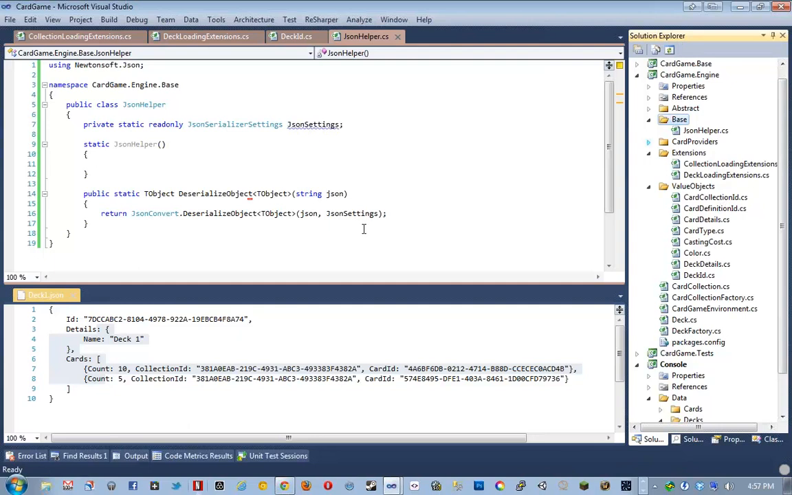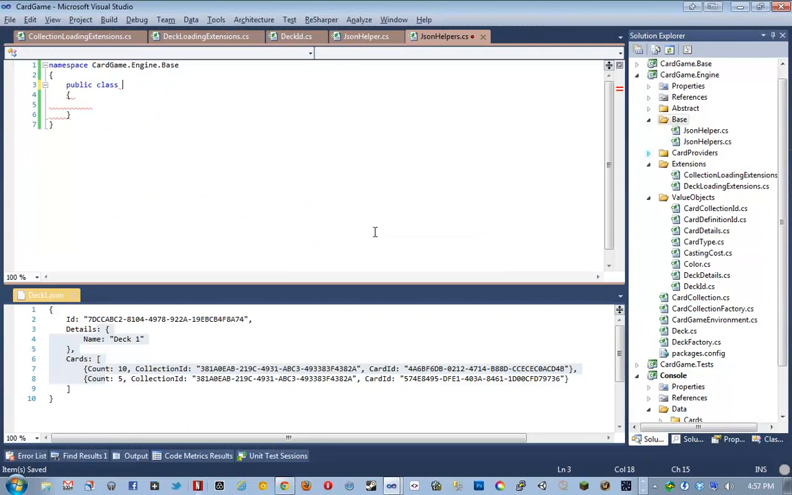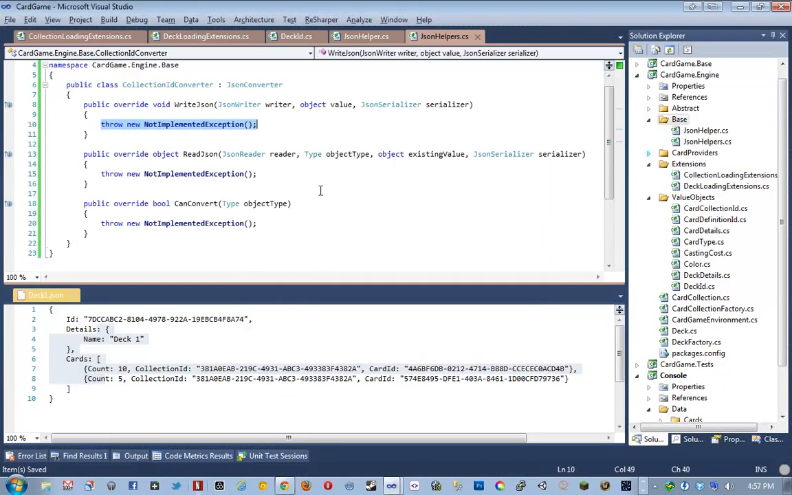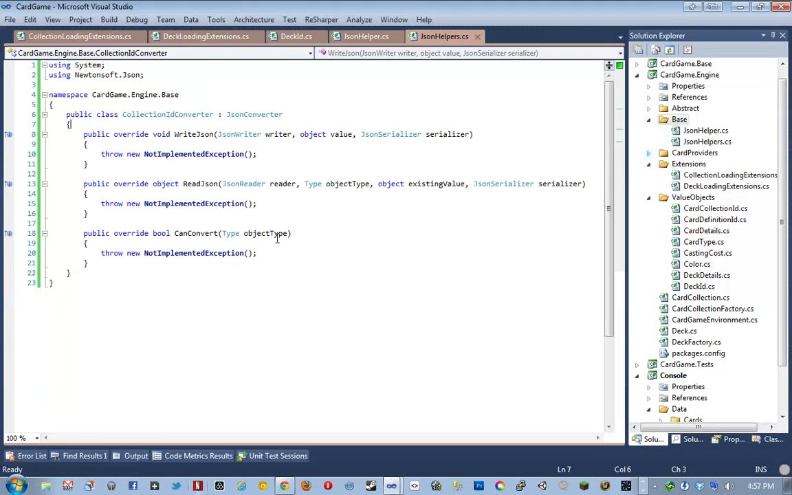What we're going to be doing with the settings, though, is creating classes like a collection ID converter, which is going to inherit from JSON converter. And JSON converter is a class provided by the Newtonsoft JSON library that allows